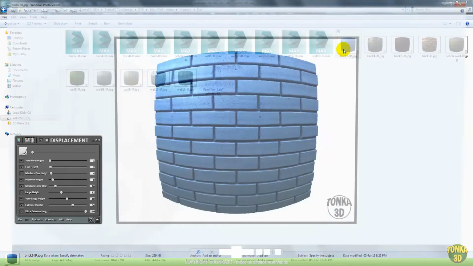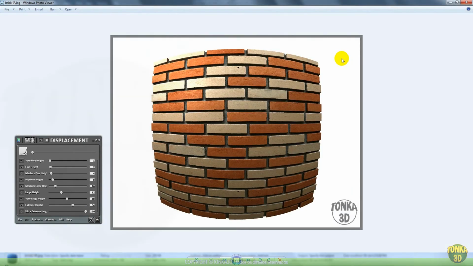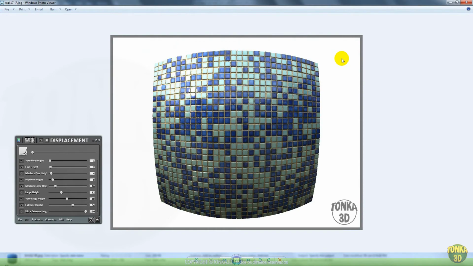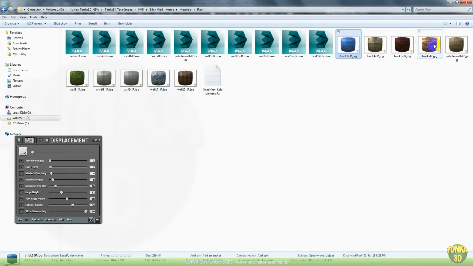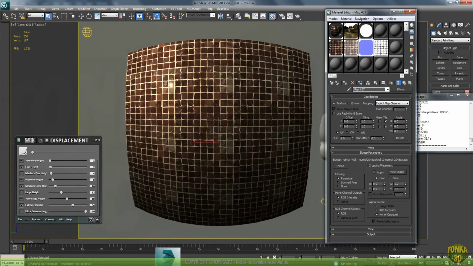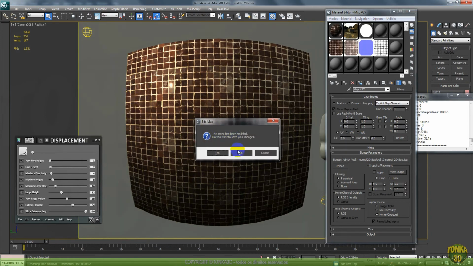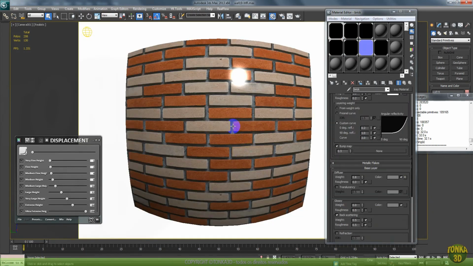Of course you can double click here and choose on texture. Okay, let's take the brick. Let's drop here, open, and